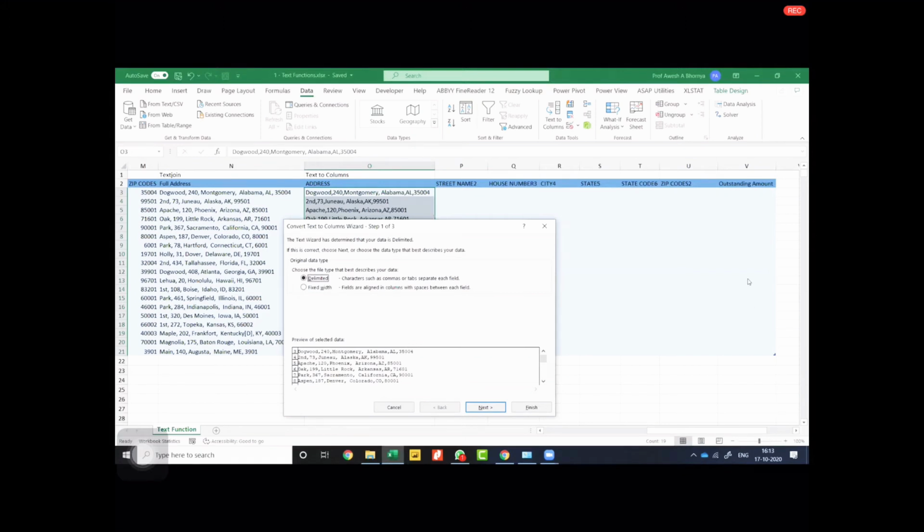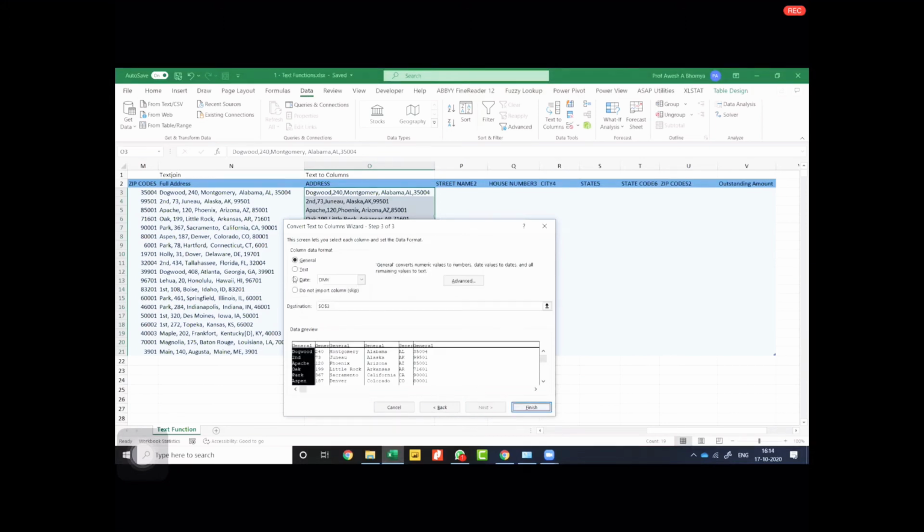Now there are 2 options. One is Delimited and one is Fixed Width. So click Delimited and click Next. After which you will be prompted for the delimiter in your data. Click comma, because our data's separator is comma. Then you click Next. Now you are given the option of which format you want the columns in. Just keep it in General and then click Next. Don't click Finish over here.